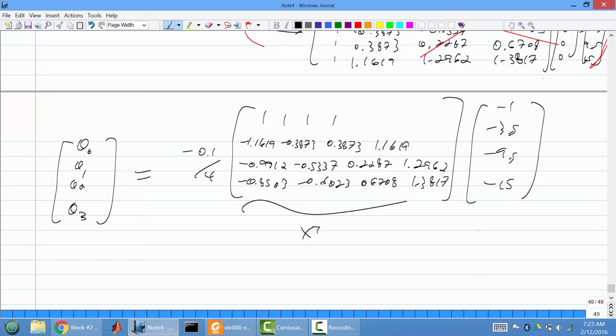When you do this computation, I won't spoil it for you, but when you finally do this, we get